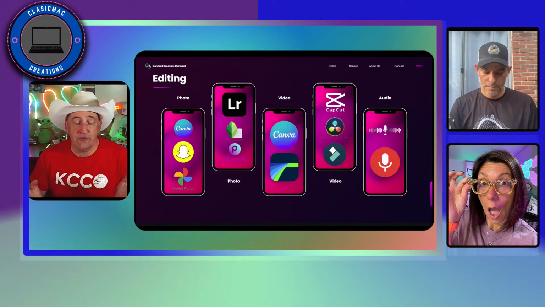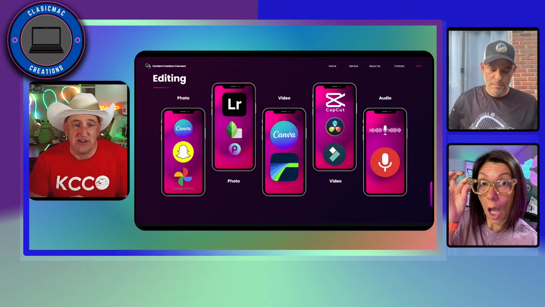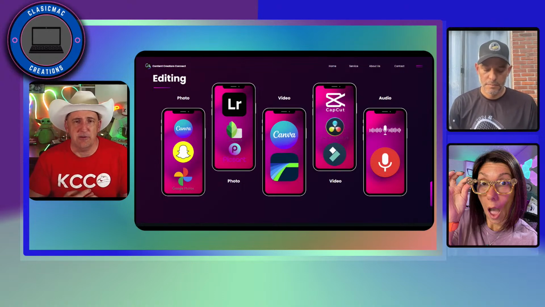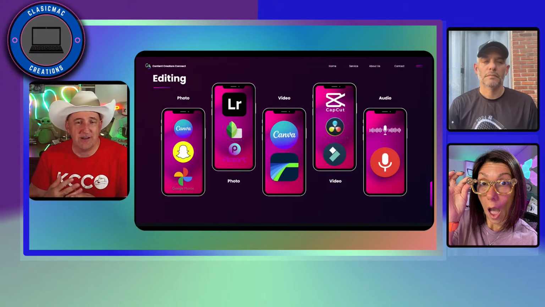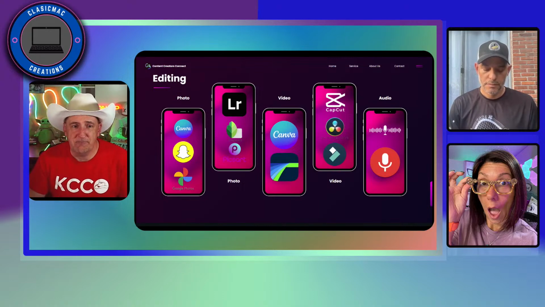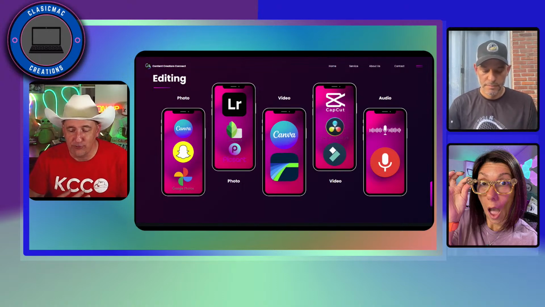And the other one I used to use quite a bit was Snapseed. That was actually another, I believe it was a Google product that they made for photo editing, but a lot of that was integrated into Google Photos. So what I did in Snapseed, I can actually do in Google Photos. So I almost see that as a duplication for what I actually need it for.